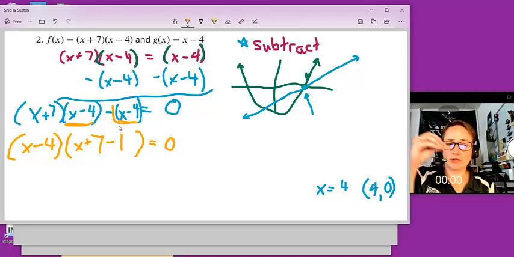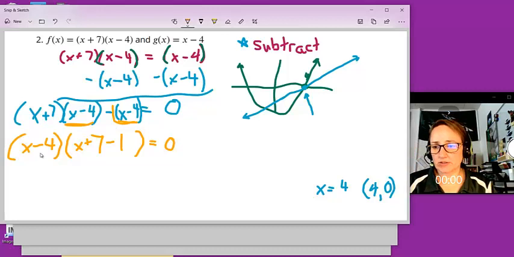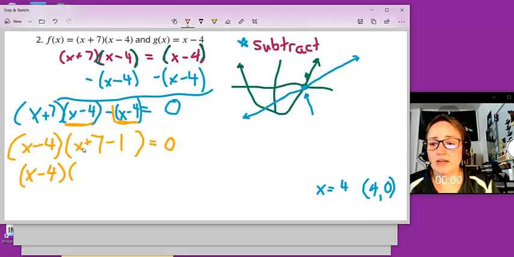So again, we're doing that reverse distribution. You can see that if I took this term and I factored it, I could multiply these two and get back to here. But we're first of all subtracting that x minus 4 from both sides, and then we're factoring out the x minus 4. Simplifying what we know we can simplify, x minus 4 in the first factor is going to stay exactly the same, but the second factor I can simplify to x plus 6